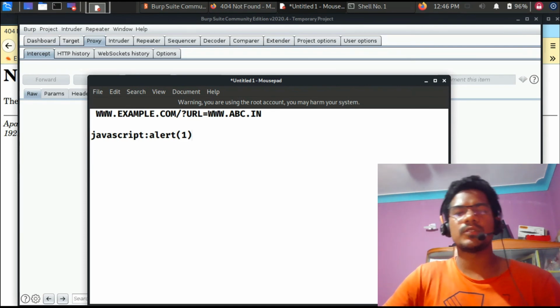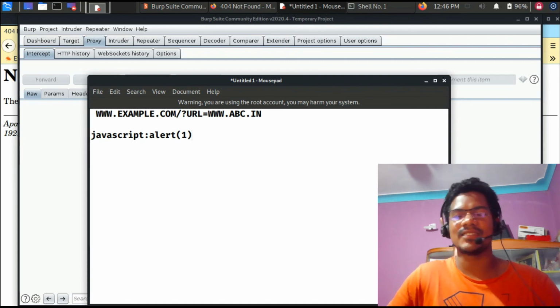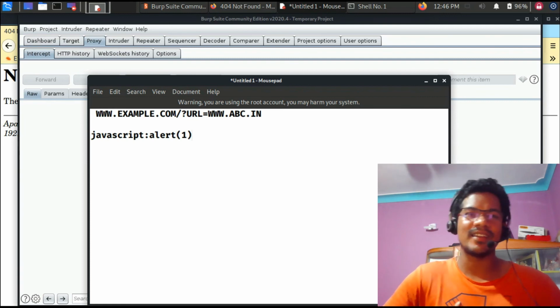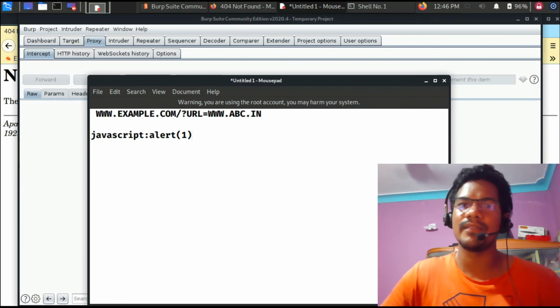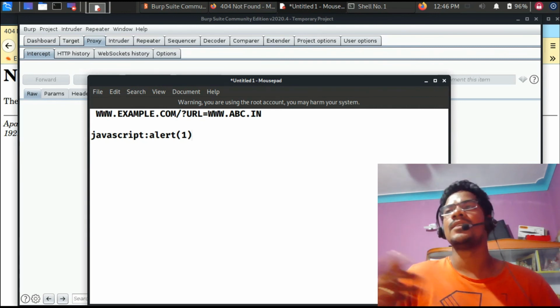Now, few people also ask about file uploading, URL redirection, and other things, like uploading a file and causing a URL redirection and XSS. So I'll talk about that maybe during the file upload vulnerability testing, or maybe while we are talking about the chaining of different vulnerabilities, which will help you further.